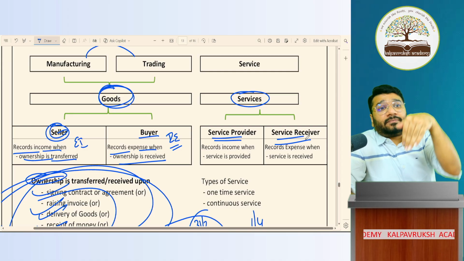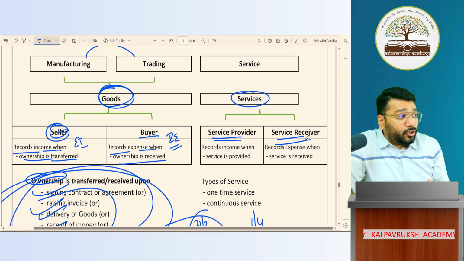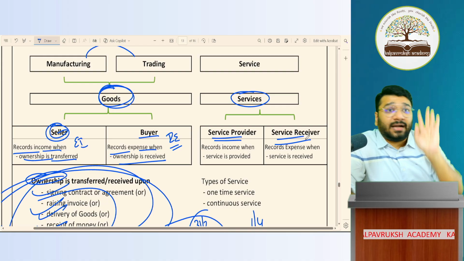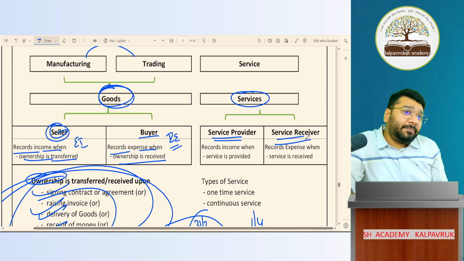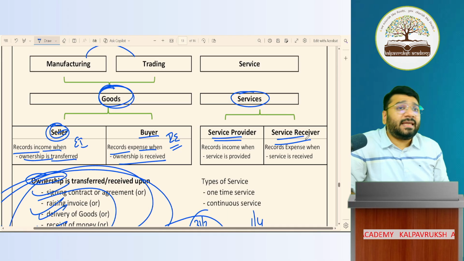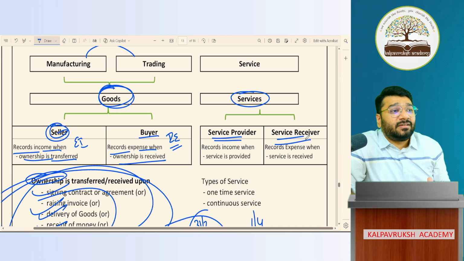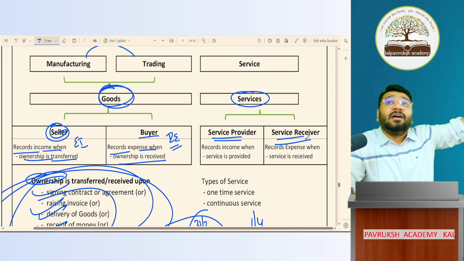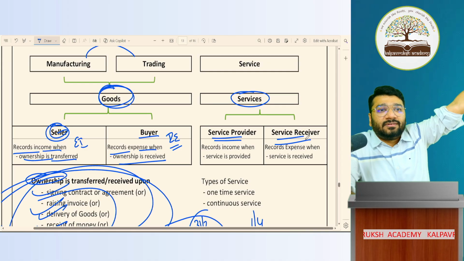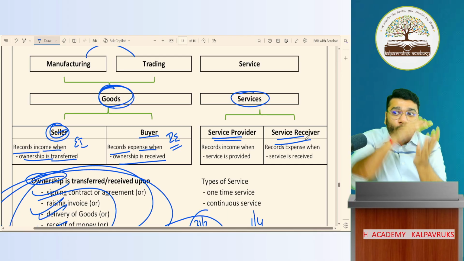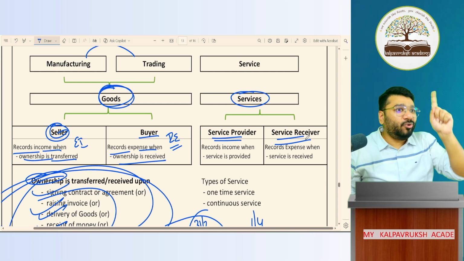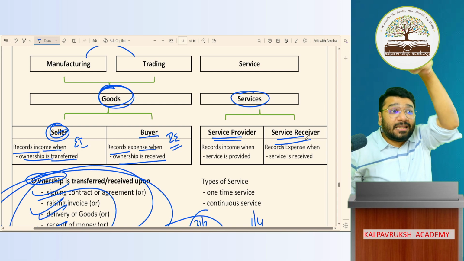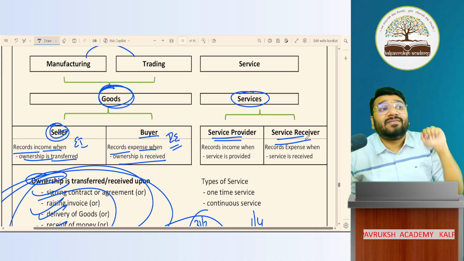Now, the moment that AC mechanic comes to your house, he has not started the work. He has just entered your house. Do you have the obligation to pay him? Can you say your expenses are incurred? No. So when does your obligation to pay arise? When do I say my expense is incurred? When he completes his service. He took the ladder. He opened the AC also. Is the service completed? Is the expense incurred? No. When he has completely solved the problem, that is when we say the service is completed.